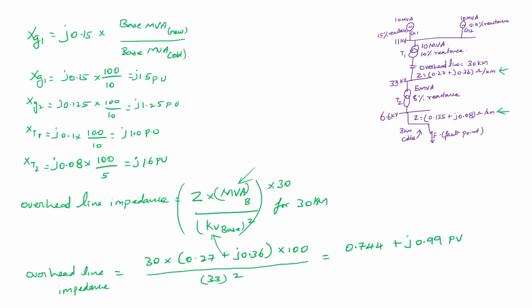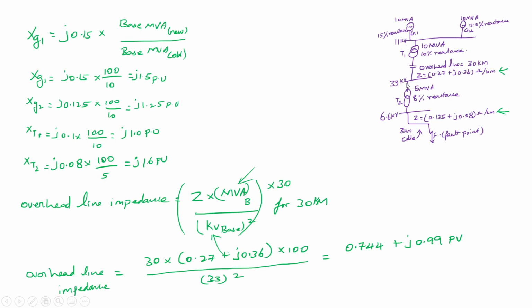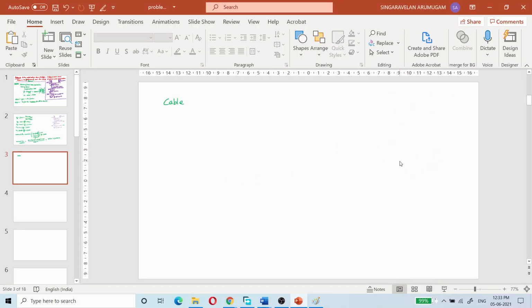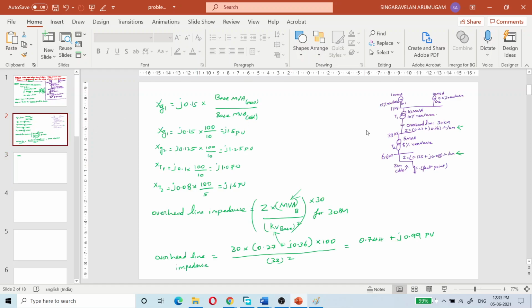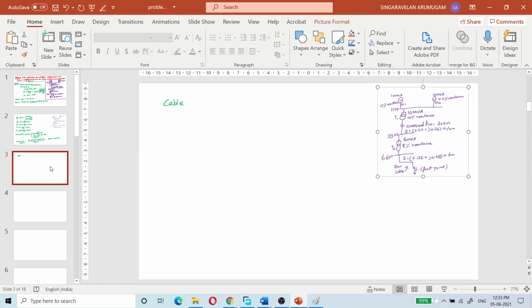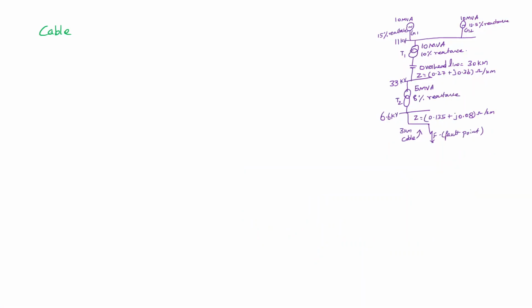What is pending here? We found T1, T2, G1, G2, and the overhead line is done. What is the only one pending? Cable, sir. Very good. So now we need to find the cable impedance. Apply the formula and tell me the value. Please do, everyone. For your convenience, I will copy it. Cable impedance